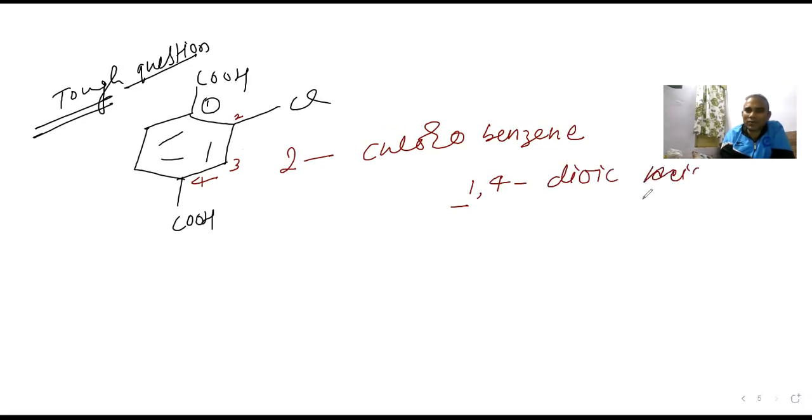Understood this one, the name of this compound? Yes, sir. You didn't give the list of questions you were supposed to give. Yesterday you said, sir, I am facing problem in the exercise, so you did not say. Now I understood, sir. After you revised once more, I understood, that's why I was able to do it on my own. Whatever problem you are facing, you are most welcome to send. I will be the happiest person to answer your doubts, so you send the problems.